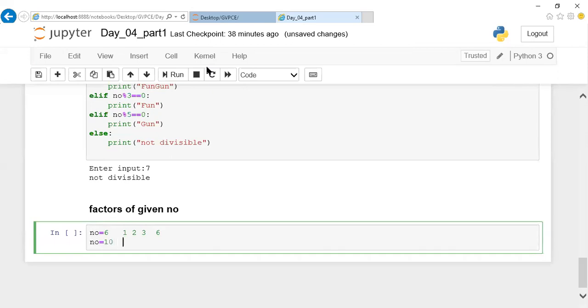Factors of 10: we'll get 1, 2, 5 and 10. Isn't it? Will you write the logic for this? Hardly it will be 3 lines. Will you try it soon? Factors of this particular number, displaying the factors.